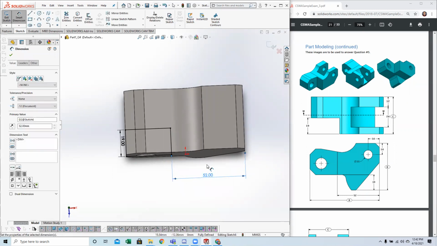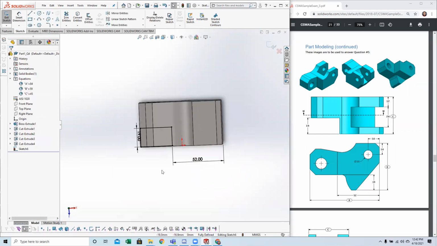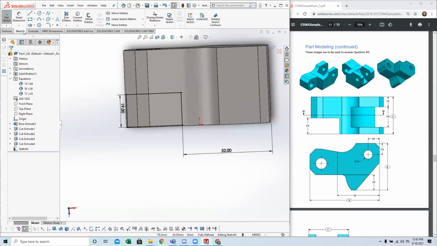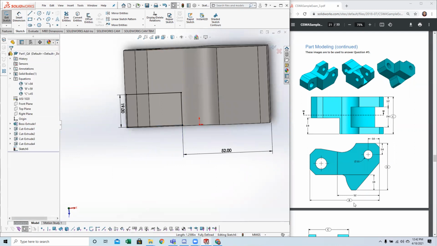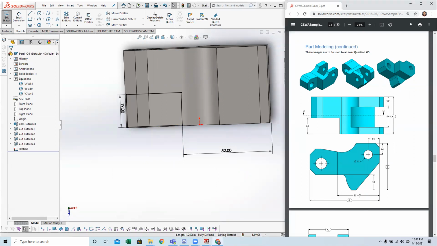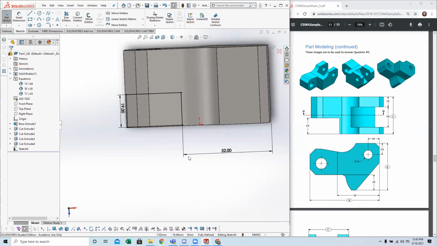Those will be 52 units away. And the rest of this should be filled in, like this dimension right here, we don't need to dimension because it should be filled in by just subtracting the A value from 52. Okay, so